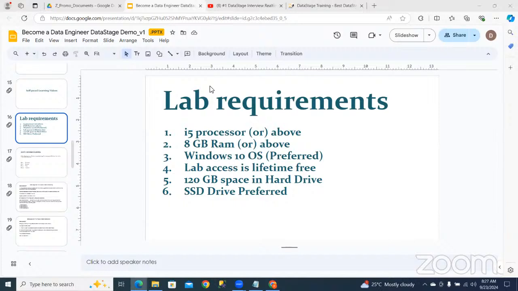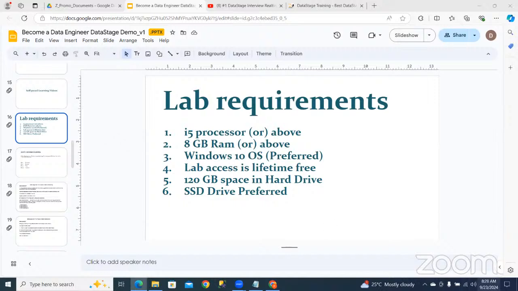I hope the requirement has been met. One thing, actually mine is an i3 processor and 8 GB RAM. I need to upgrade to SSD. I just want to know by which day I need to be ready, when we will start working with the VM.